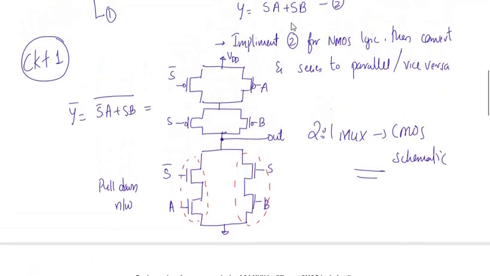Here the circuit is not yet complete, because I said this is the expression for Y bar, and because I require Y, I'll be attaching an inverter over here to obtain Y. So this completes the circuit, which means the inverter also has one PMOS and one NMOS. So altogether, how many NMOS and how many PMOS? Here there are 4 plus 1 PMOS, and NMOS are also 4 plus 1, altogether 10 MOSFETs in this circuit.